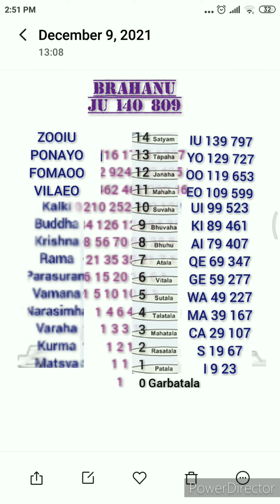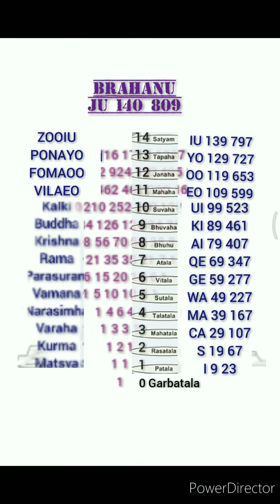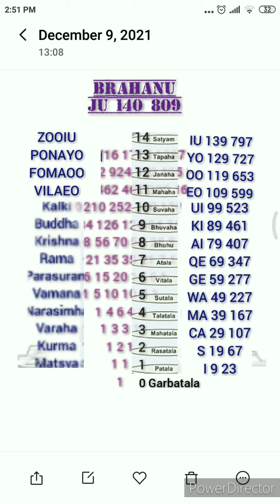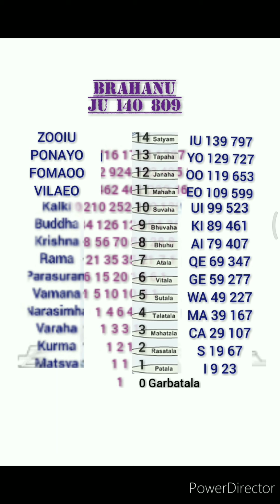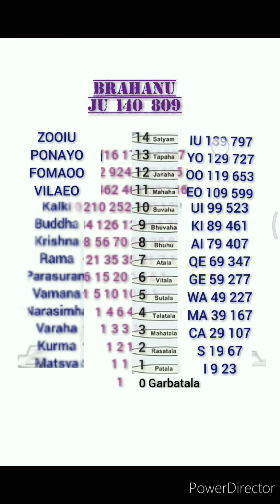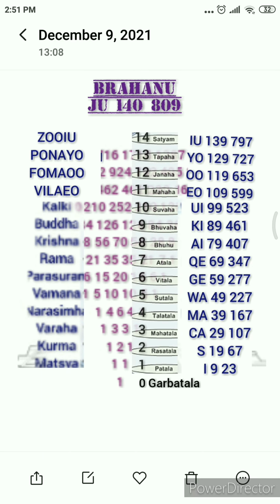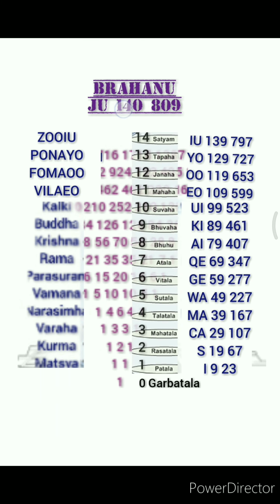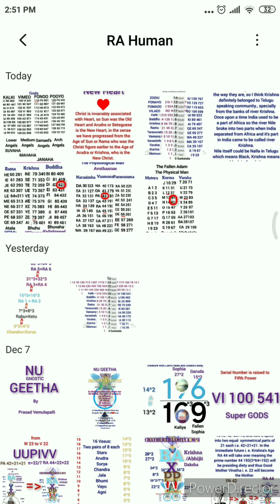In the sense, Brahma we are calling this loka, not Brahana, because it is still 13. 13 is M, and after 139, at 140, Brahana loka. This is Brahana loka, not Brahanu, because this is Brahma 39. So whatever we are calling the Brahma Loka or Satya Loka still is 139 only. So the actual Brahma Loka, the 14th Loka, actually starts here from 140. That's one thing. And what else?